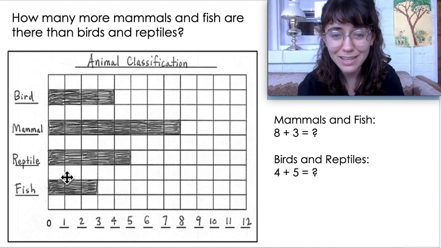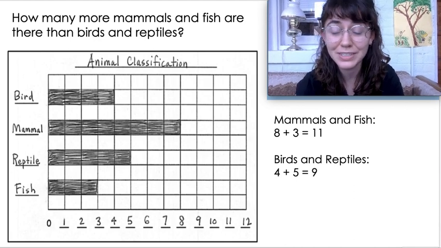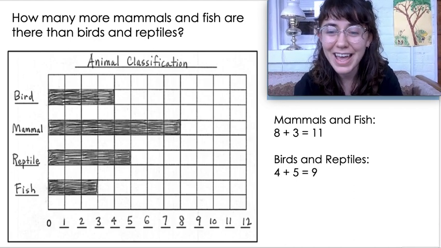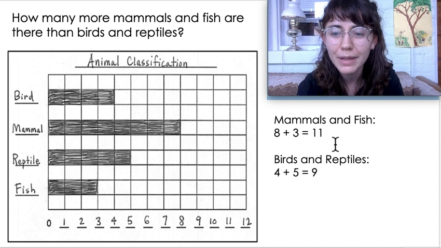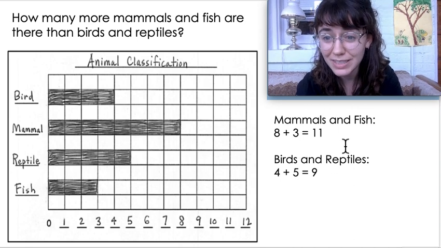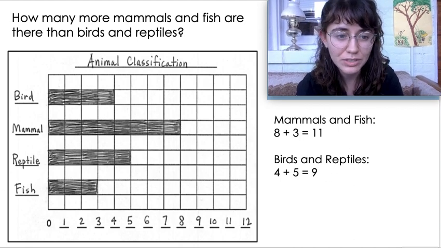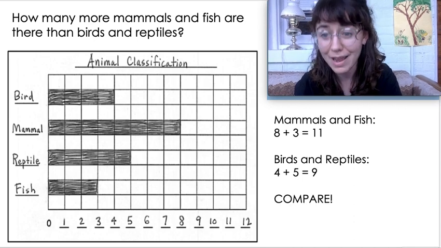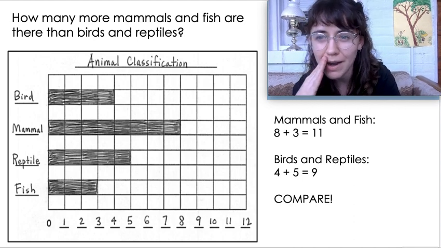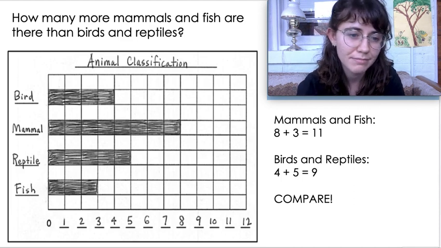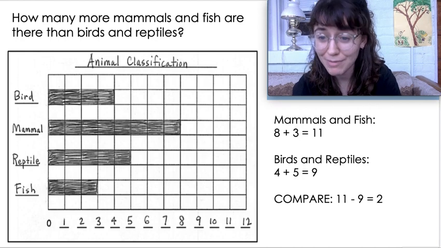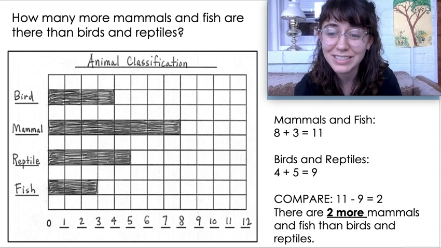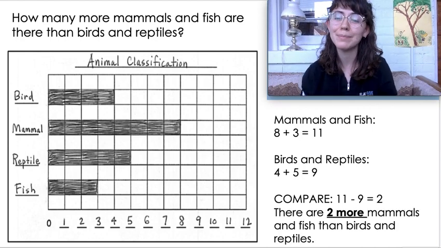You should have gotten 8 plus 3 is 11. Whoops. And 4 plus 5 is 9. We're not done yet because we wanted to know how many more are in this group than in this group. There's 11 in this group and 9 in this group. So let's write a number sentence to compare. Remember, compare is code for subtraction. We're going to do 11 minus 9. 11 minus 9 is 2, and so that means our answer is there's 2 more mammals and fish than birds